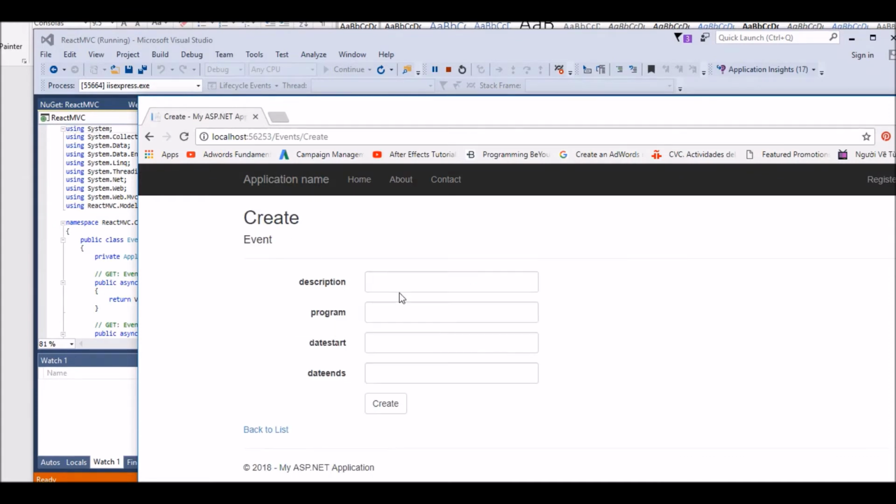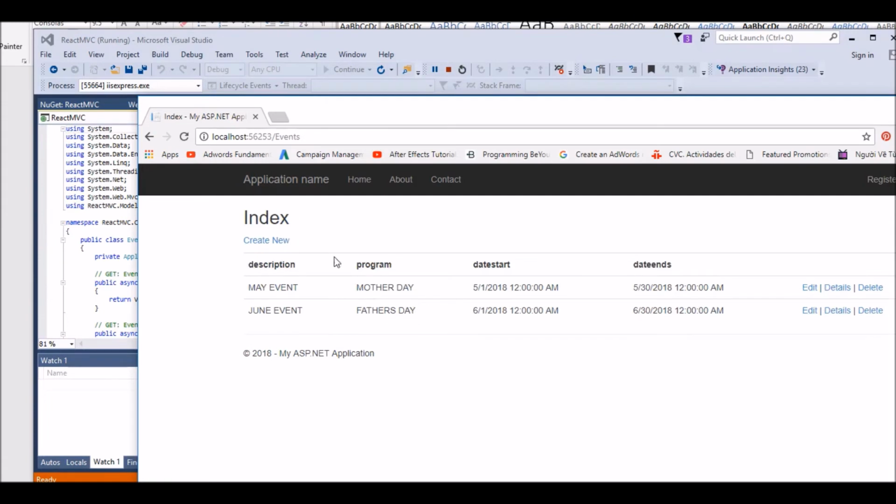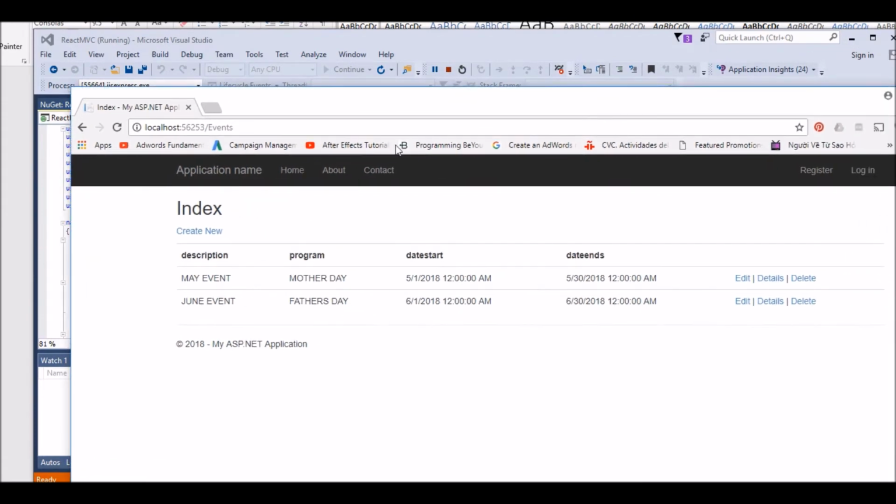Let's do another, June event. It's gonna be called Father's Day. Starts, sorry, Father's is in June, 2018. Alright, so now I have 2 events. Now we know that this MVC application works, and we can create, and we have a list, and